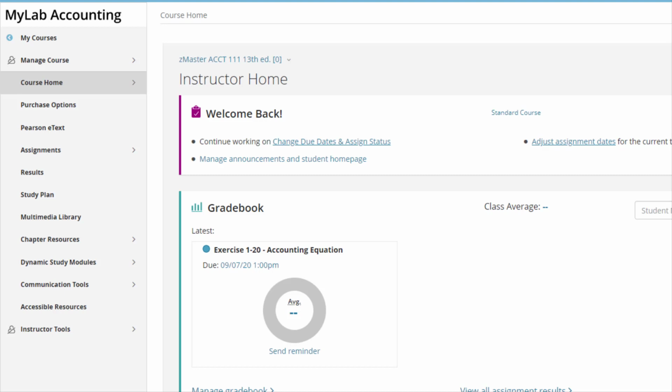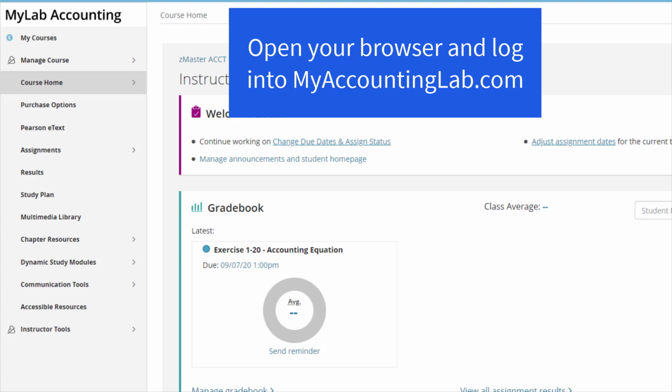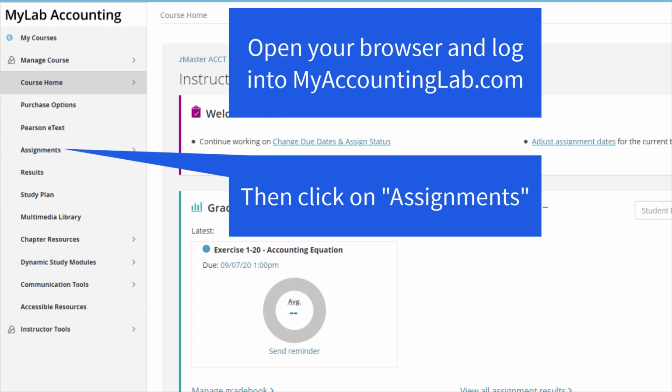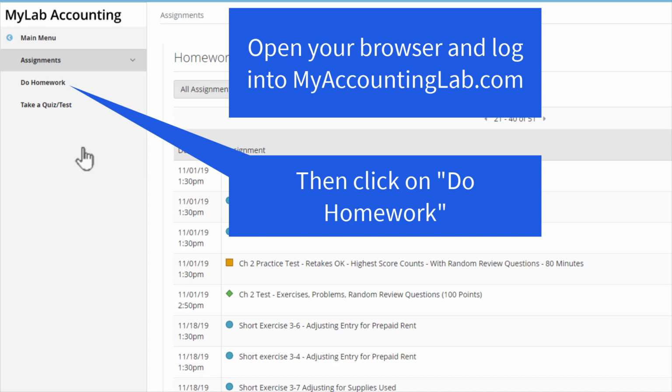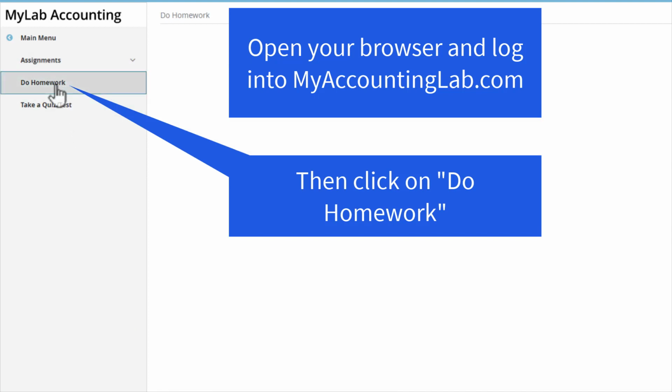So we're going to do another homework problem. Make sure you go to myaccountinglab.com. Remember, don't go to Canvas. Go to myaccountinglab.com, sign in, and then we're going to go over here to assignments, do homework,